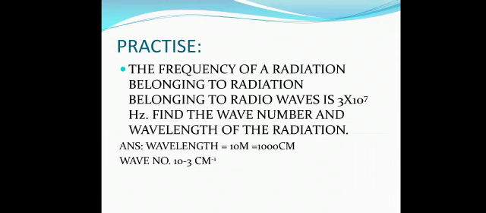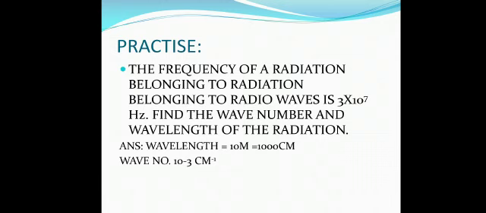Given is frequency. Frequency is given to us. So we know the relation C is equal to nu lambda. From there we can find out lambda. Nu value is already given to us. Then after finding the wavelength we can easily find out the wave number. So fine, I hope all the students can do this question easily. So the answers have been given already. You try the question by yourself.